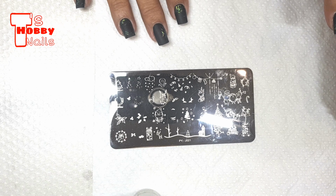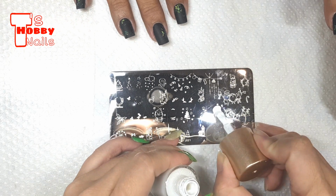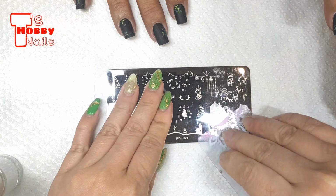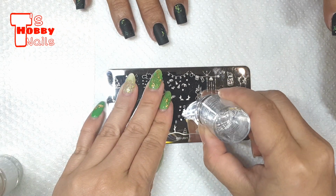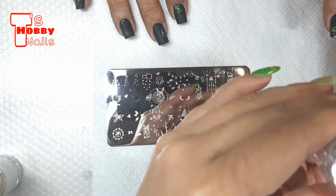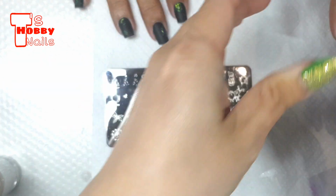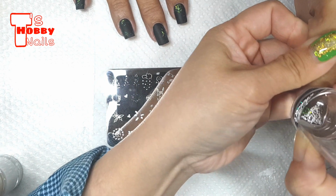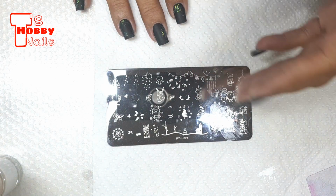But first of all, once we've done with our dipping layer, we buff it. We then start to apply our stamping layer directly onto the dip layer. I'm doing a Christmas tree first. So underneath that Christmas tree, I've already painted a soft glitter layer just to give the trees a bit of a sparkle. Then we put on the trees